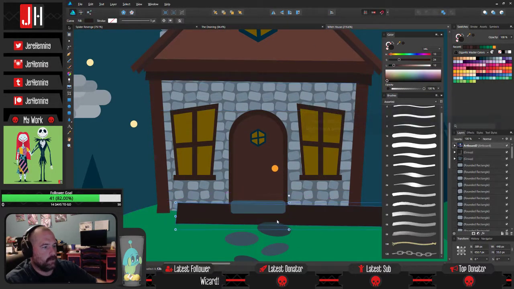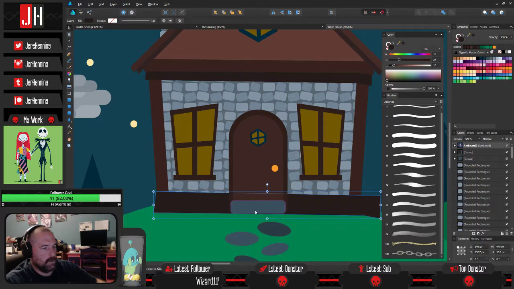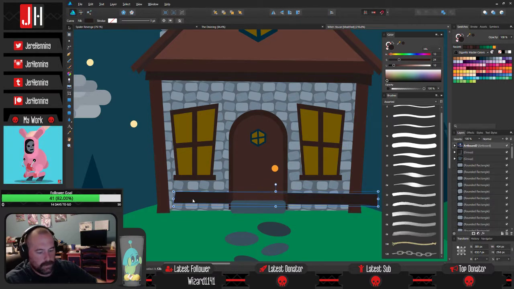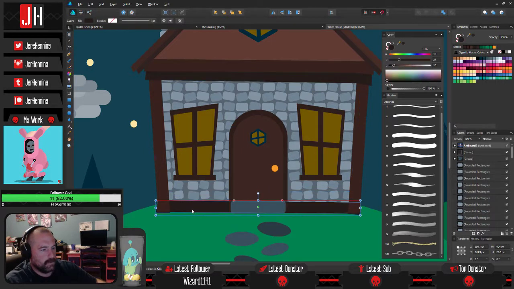Now I feel like this would come in here, something like this. Let's try this out. Let's take this. See, I love working in vector. This is one of the reasons that I am so fond of vector work, is because